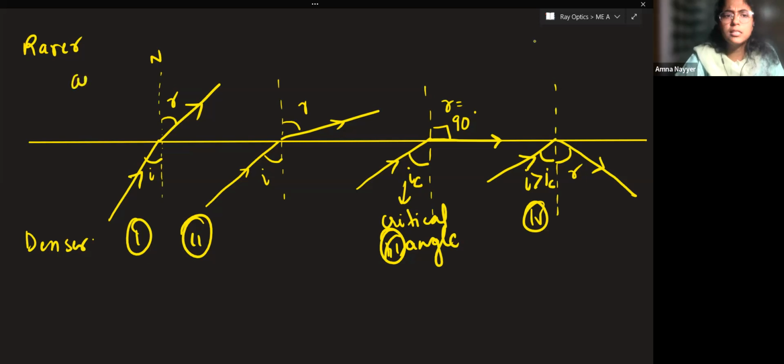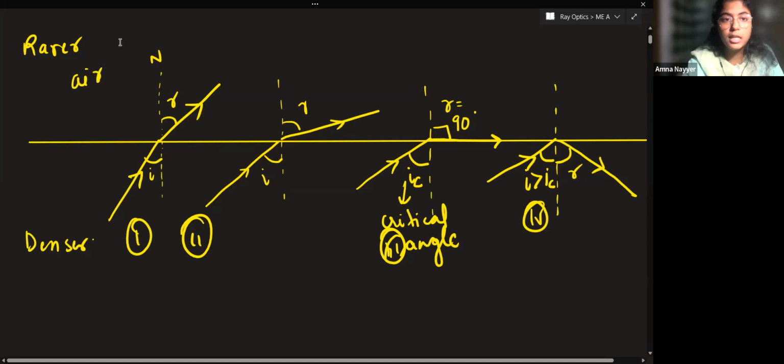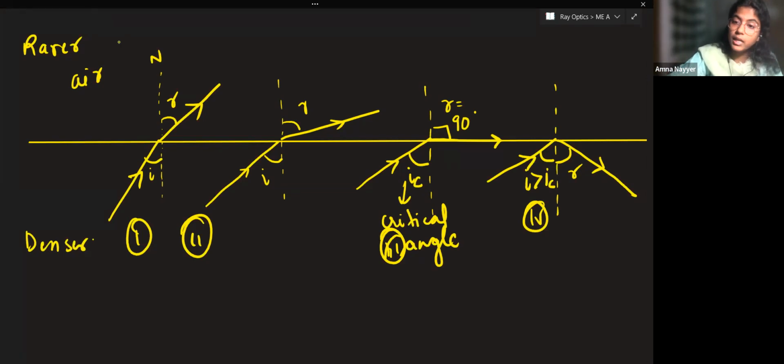Let's say this is air, this is some glass, whichever medium it is. So for total internal reflection to occur, your incident ray should move from the denser to the rarer medium. Firstly, this point. Secondly, for total internal reflection to occur, your angle of incidence should be greater than the critical